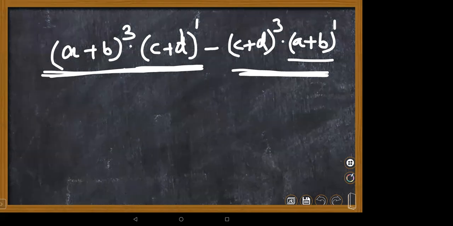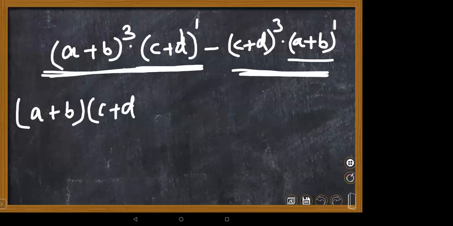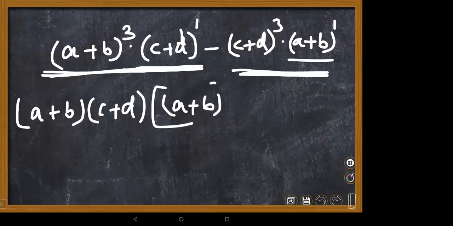Ma'am, p square minus 4p cube plus 4q square minus 4r square. Oh, that is also okay. But let me complete this, I will help you. This (c plus d) and (a plus b): (a plus b) here I am taking common as you said, and (c plus d) also I am taking common. What is left over inside? Ma'am, (a plus b) whole square minus (c plus d) whole square.